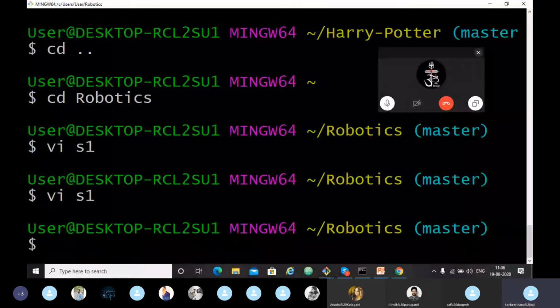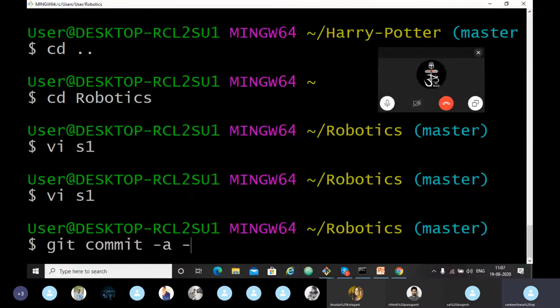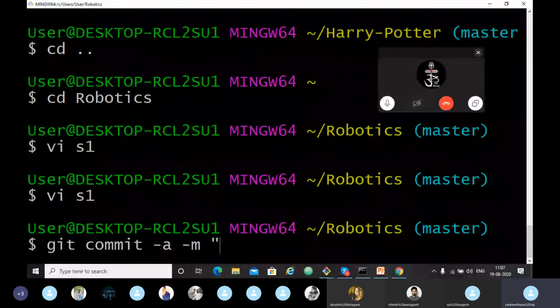Now I want to make a commit here. So the command for the commit is git commit -a -m and give a small message, edit S1. It shows one file changed, one insertion, two deletions. Let's see the graph.